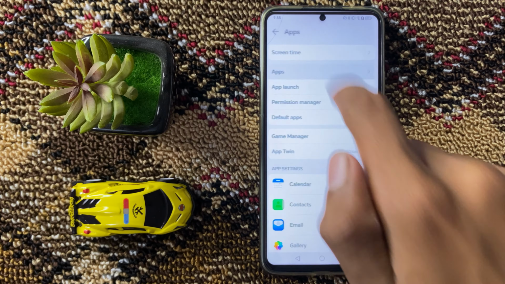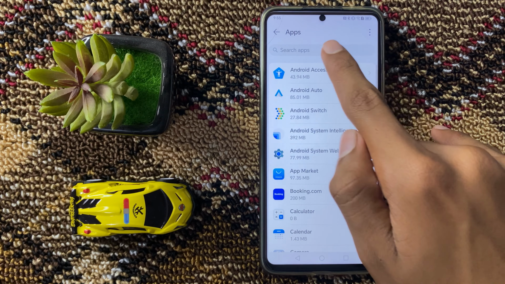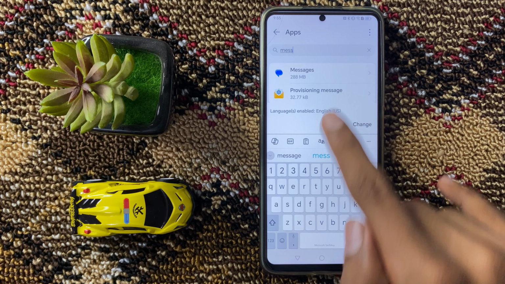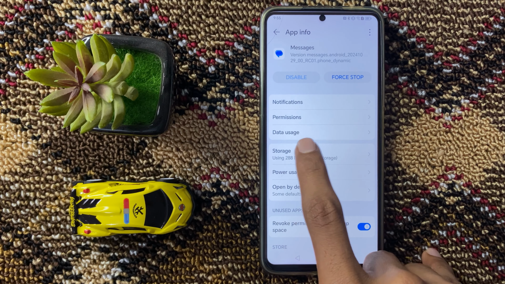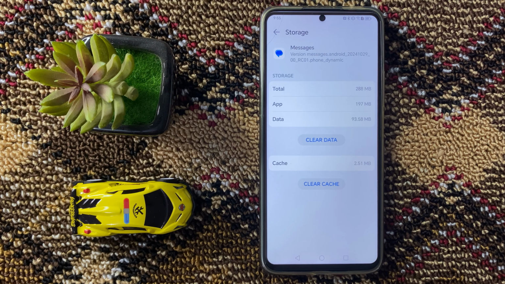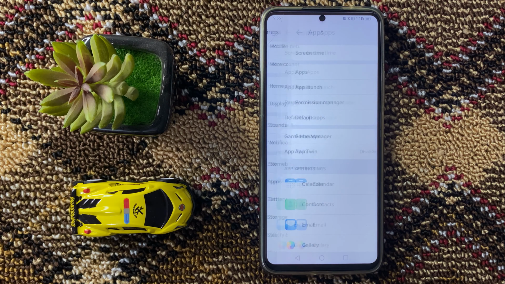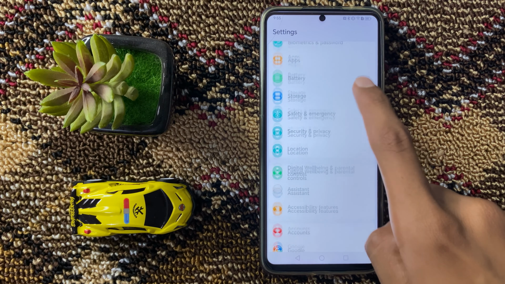Again click on apps and search here messages. Now click on storage. Now here you can clear your messages cache. After clearing the cache memory, then go back to the main page of your settings and then scroll down and